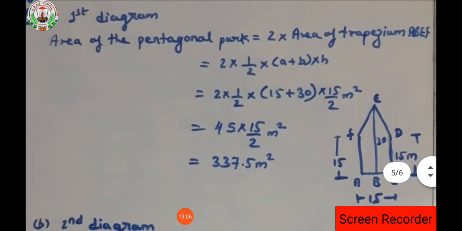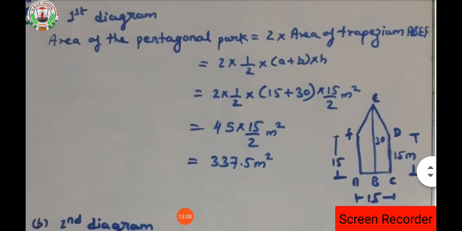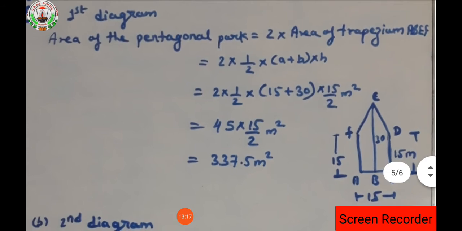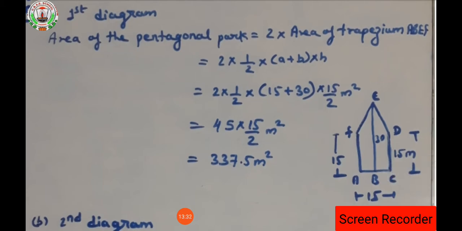Now question number 10. Here Jyoti and Kavita, two persons are there, and there is a pentagonal shaped park. Jyoti and Kavita draw the pentagonal park in two different ways, and they found the area in two different ways. Now in the question it is asked whether the areas of the pentagonal shape formed by Jyoti and Kavita are the same or not. And it is also asked whether you can suggest some other way.